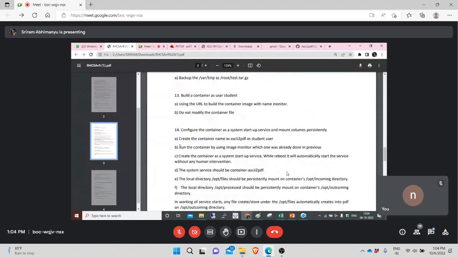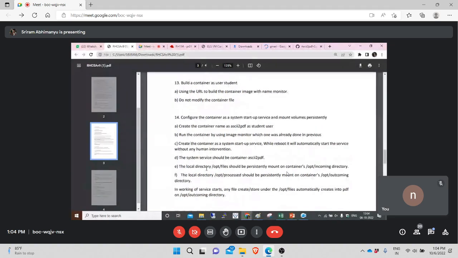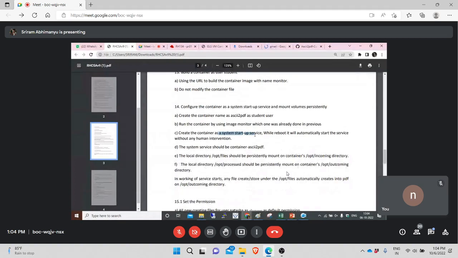Then run the container by the image monitor, which was already done previously. We need to run the container with the name ASCII to PDF by using the image monitor, what we did in the 13th question, and create the container as a system startup service. The system service should be container-ascii-to-pdf.service. So this is the service name for the ASCII to PDF container. You need to note down that the local directory /opt/file should be